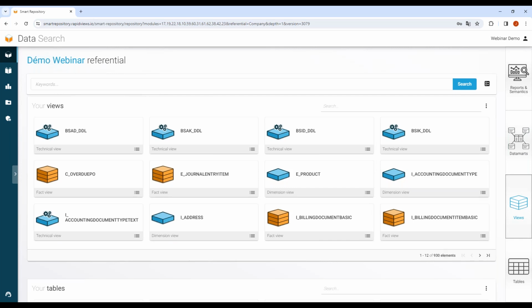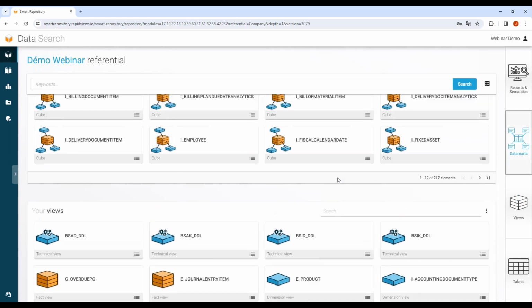The difference between technical, dimension, and fact views is directly the type of the view in your S/4HANA system. If a developer decides to create a dimension view in the S/4HANA system, automatically the RapidViews platform flags this view as a dimension view. If the developer decides to flag the view as a query view, automatically the platform detects the query view and organizes the view in the data mart part.